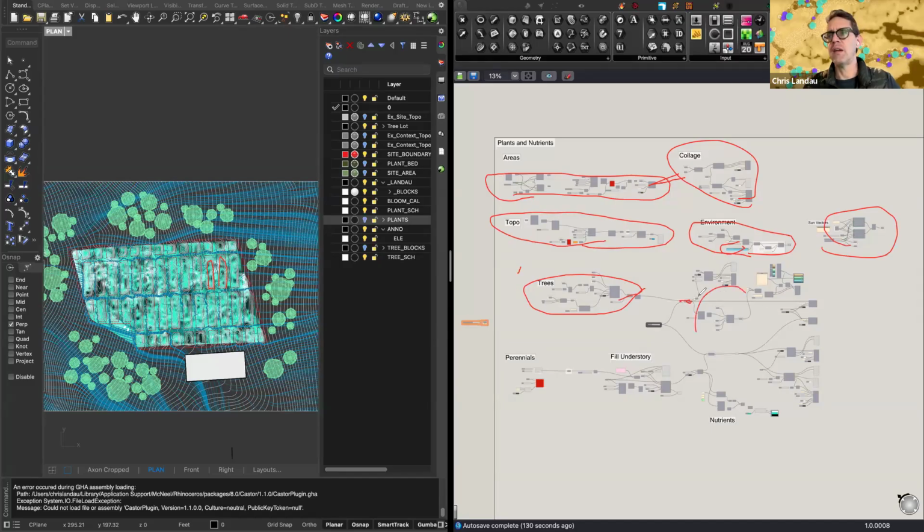And then we analyze, I'm forgetting which some of these are, but we analyze the sun exposure, and then when we place the understory plants, we're using that sun exposure map based on trees to place our understory, or our perennials. Then we have this nutrients analysis, and then the rest of this is schedules, bloom calendar, baking out trees and plants, and then this other thing that I showed in that slide, which is, let me actually zoom on that,